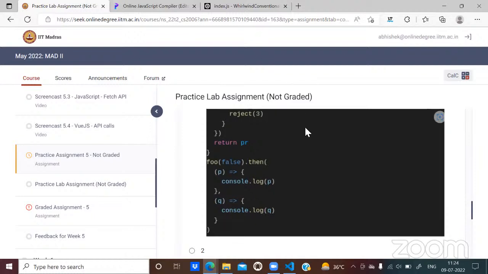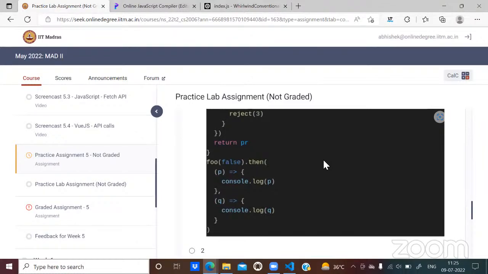If there are two thens and two catches, you're saying the second catch is for the second then, or it's not like that, right? Can you just write in the chat what your hierarchy is? Is it then catch, or is it then catch, then catch? The point is, in this case, you said there are two ways to handle the rejection. One is to put a reject handler in the then clause, or to add a catch.